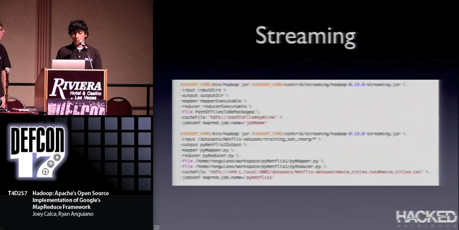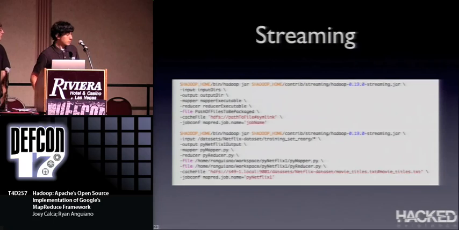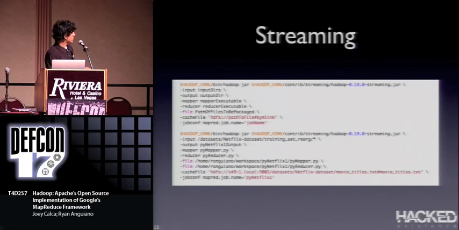Here's how you would run a streaming job. You'd basically call the Hadoop jar, and you'd call up the streaming interface, and you basically pass all these flags: input, output, mapper, reducer, any files you want to be packaged in the jar, any cache files you want to be symlinked to the directory, and a whole bunch of job configuration flags. Here's an example. Training set is the input data set. We have Netflix output for output